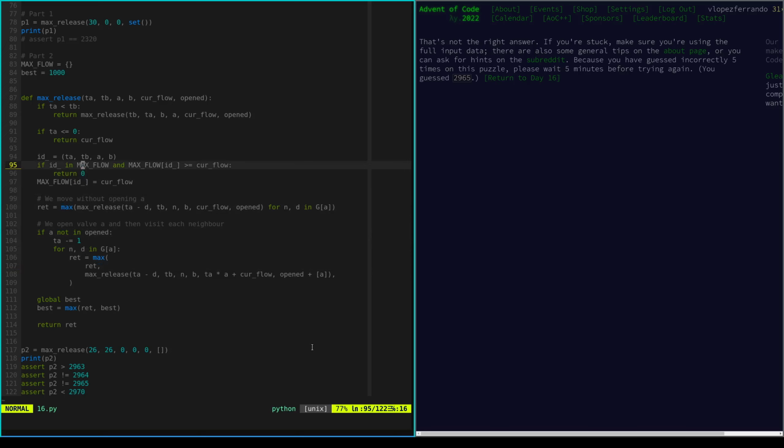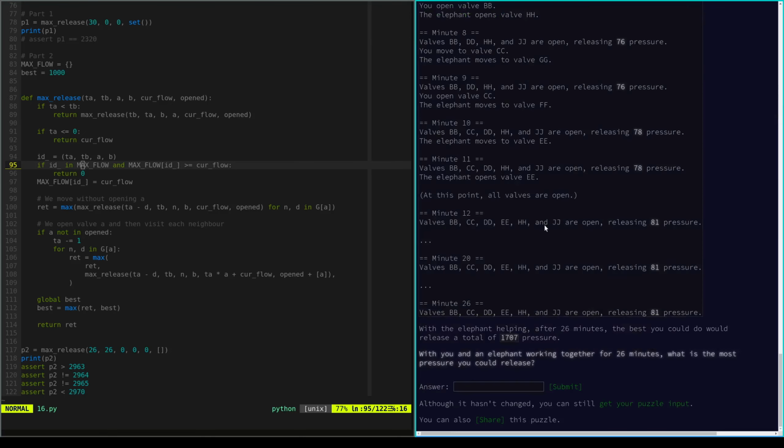The problem is that if we cut the search, we're just going to get a smaller solution. So I don't understand how we can get a higher solution than this. And I'm pretty sure the algorithm I got is right. Of course, maybe it's not because I don't have the gold star, right? So